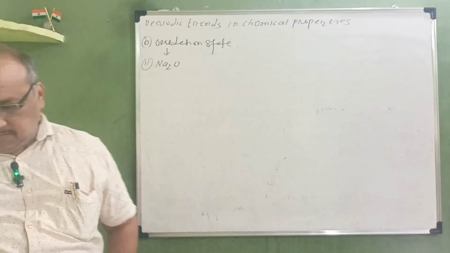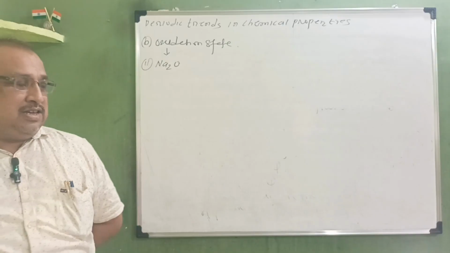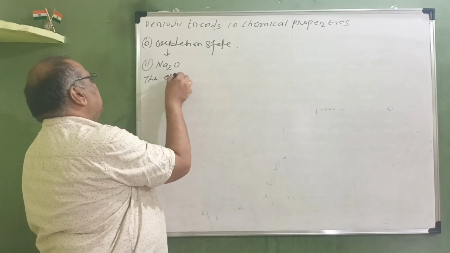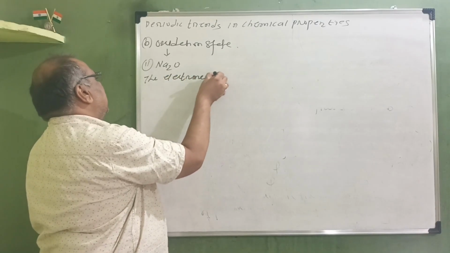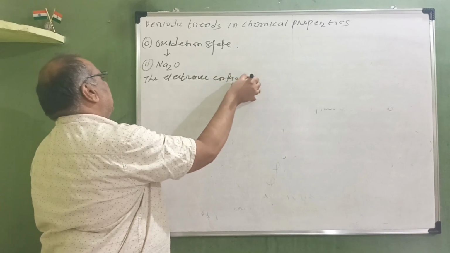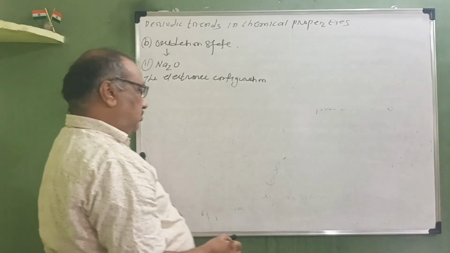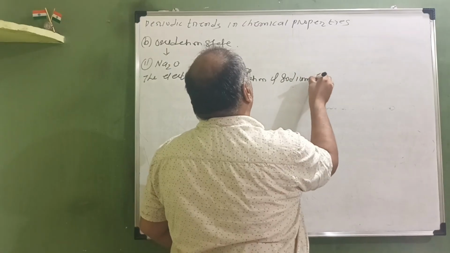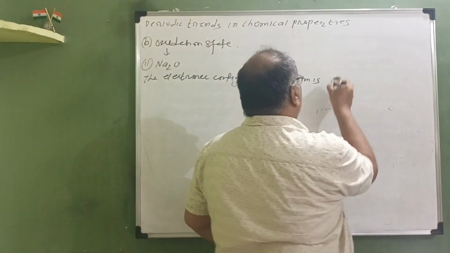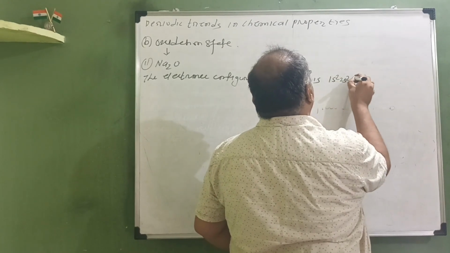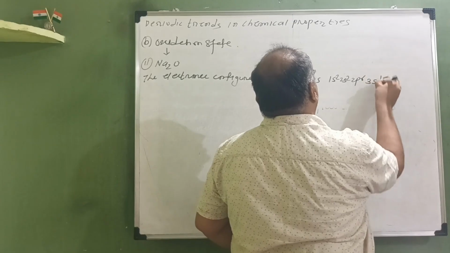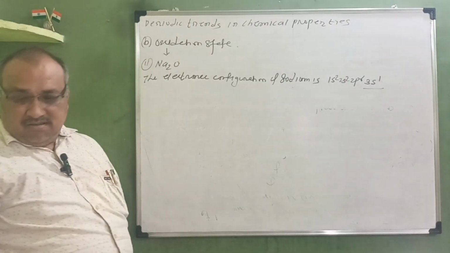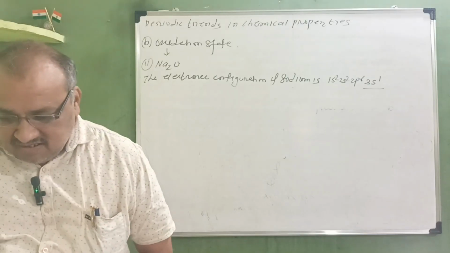Now here the electronic configuration of sodium is 1s2, 2s2, 2p6, 3s1. That means sodium atom has only one electron in its valence shell. Hence,